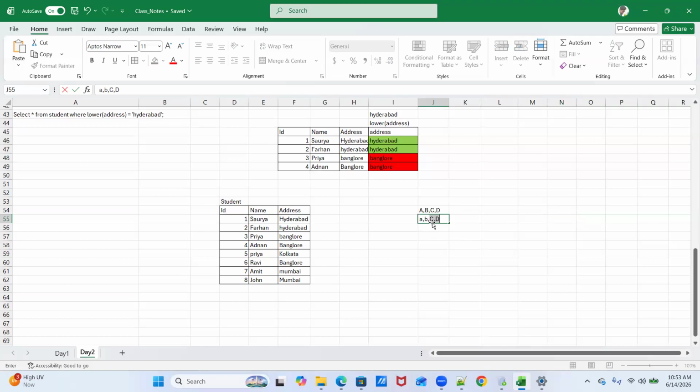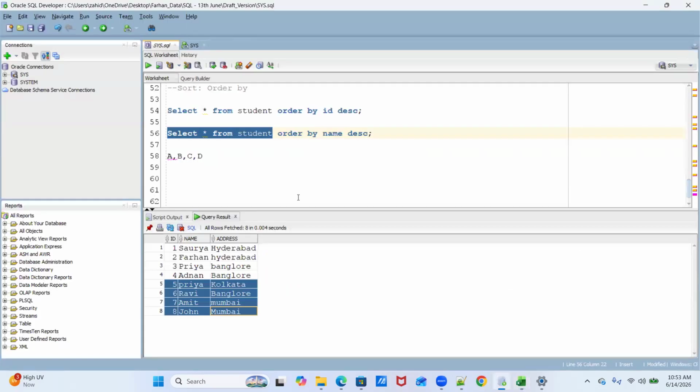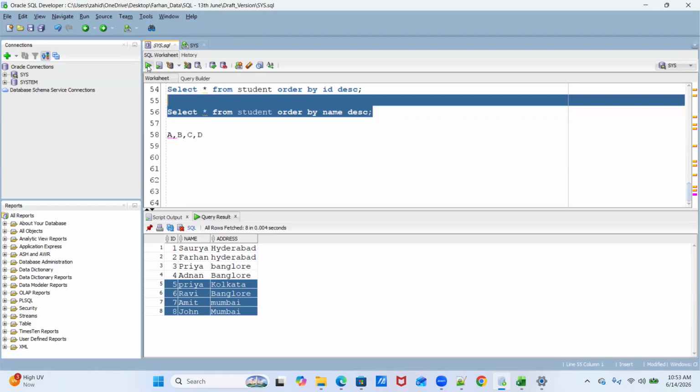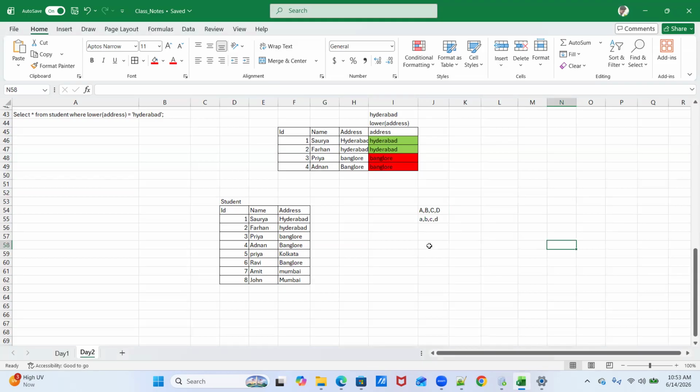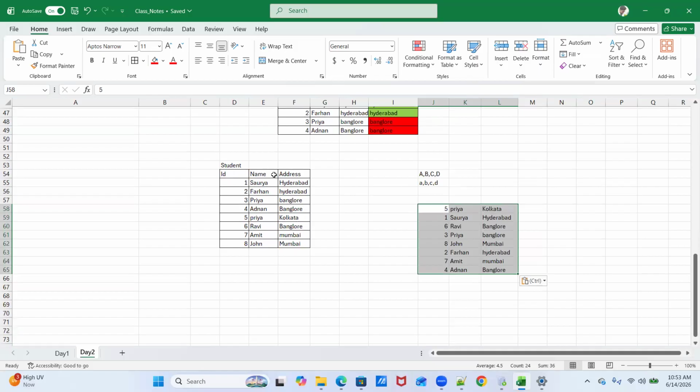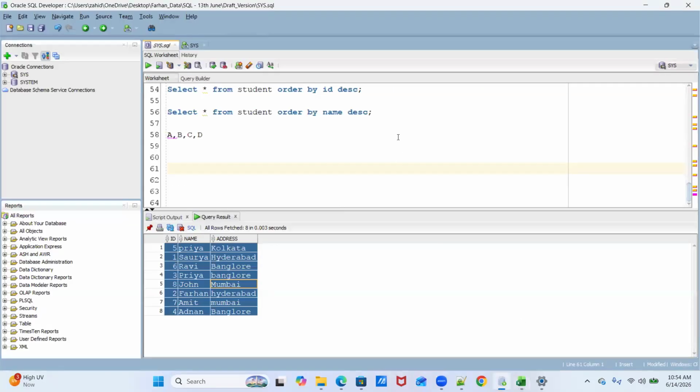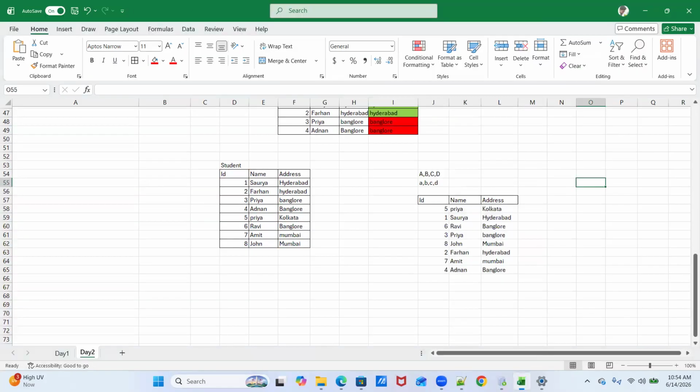So first it will sort based on uppercase, and then the lowercase comes into the picture. If you see the data whatever we executed through this, now we try to sort based on name descending.